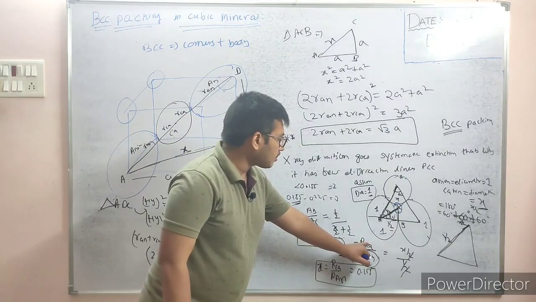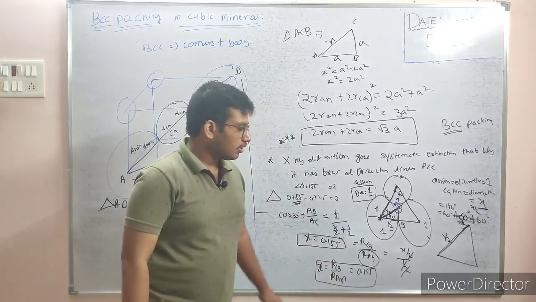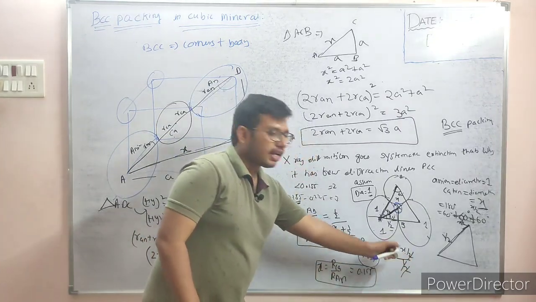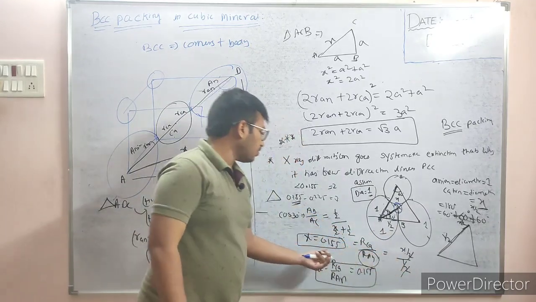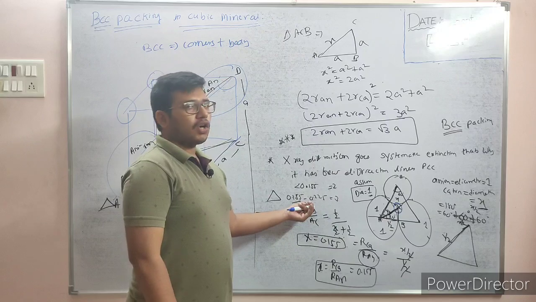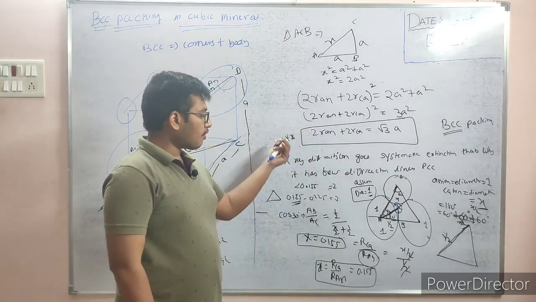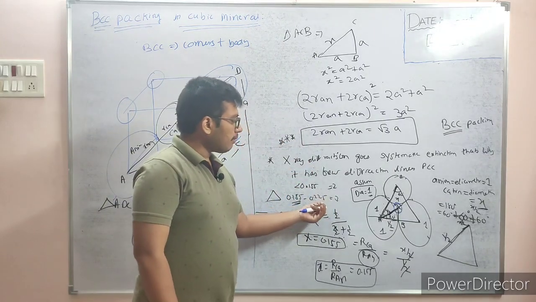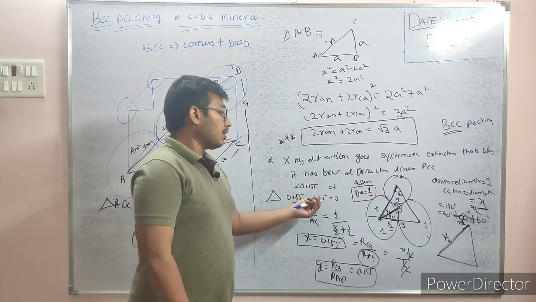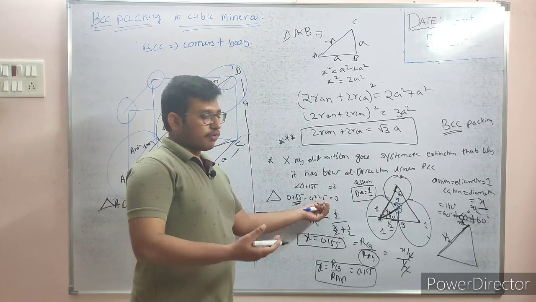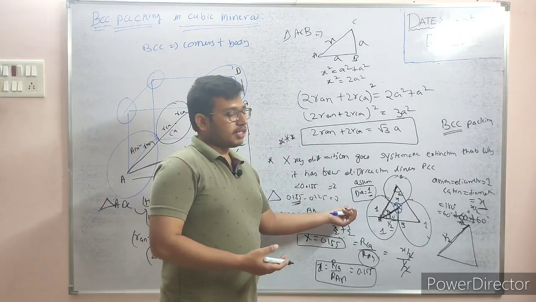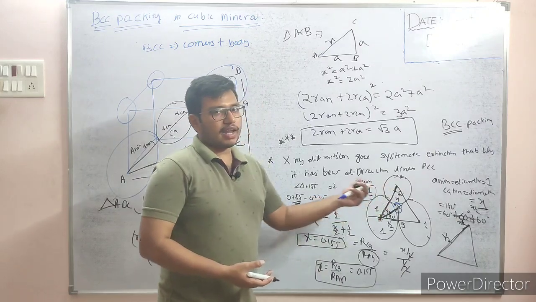We just simply write radius of cation is equal to x by 2 and radius of anion is equal to 1 by 2. So if both are cancelled, we are getting only x, which is x is equal to 0.155, and it is the lower limit for the threefold coordination. And if you do it for fourfold coordination, the lower limit will come up to 0.225. So from 0.155 to the lower limit of the fourfold coordination, it shows the coordination number 3, which means the cation is surrounded by 3 anions.